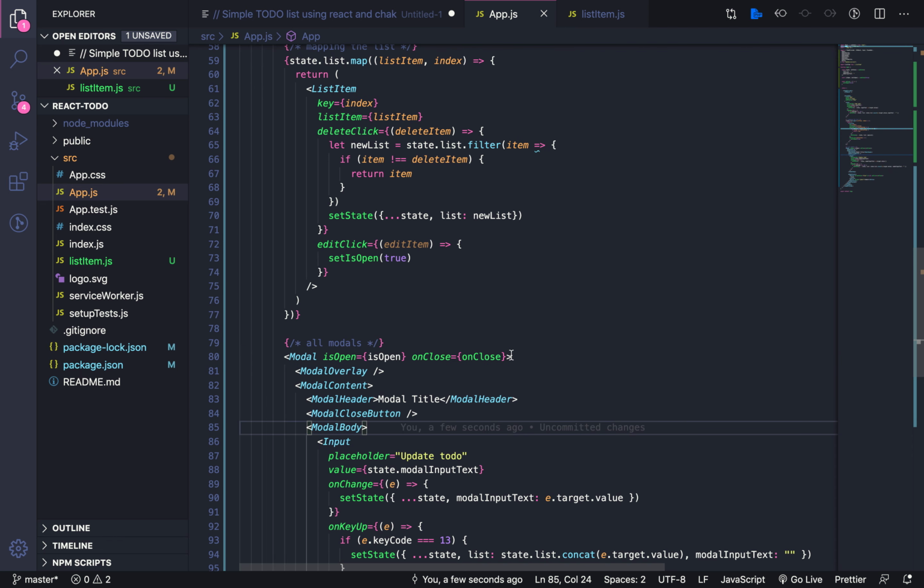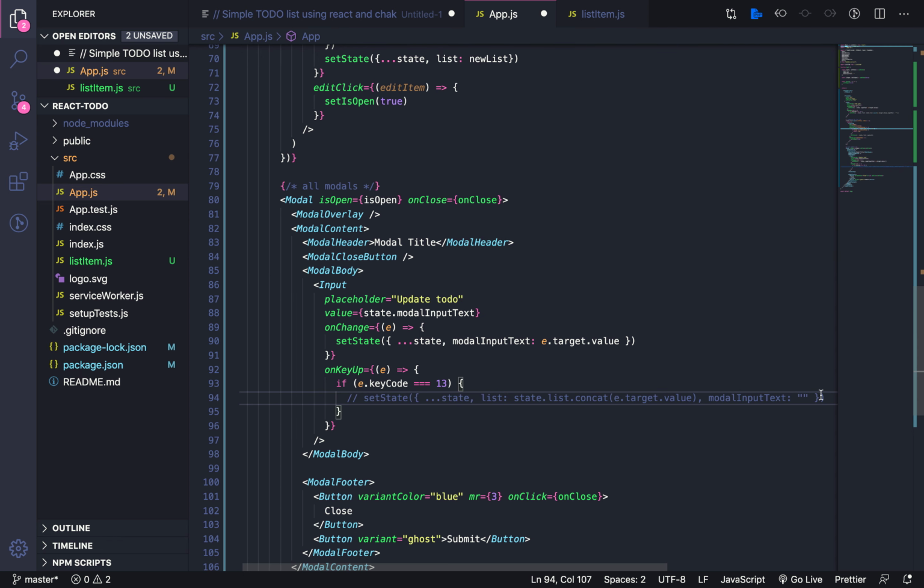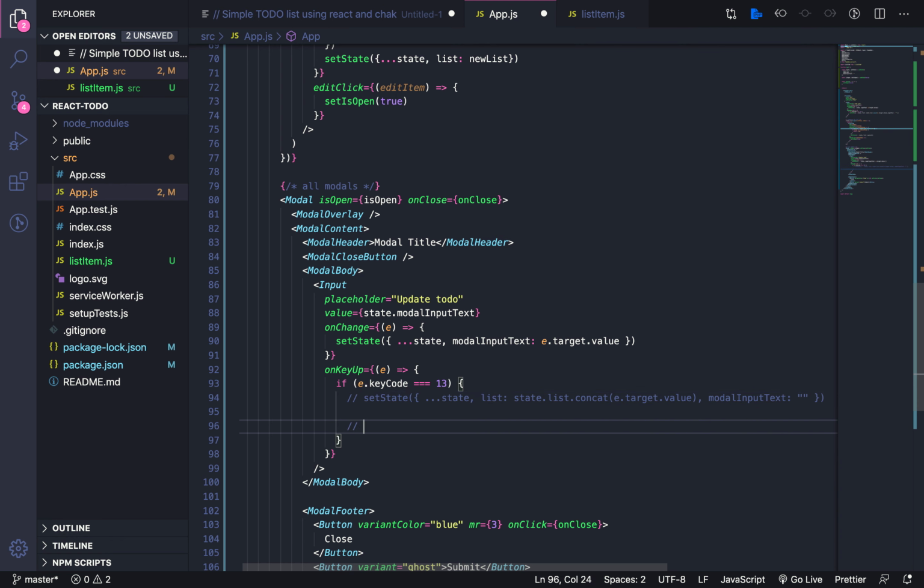Okay, guys. So what I'm going to do is I'm just going to update the index position. Oh no, I think a simple map would do. Let's see. Let's try it out. Okay. So what we need to do is on key up, this is not what's going to happen. Instead, we need to